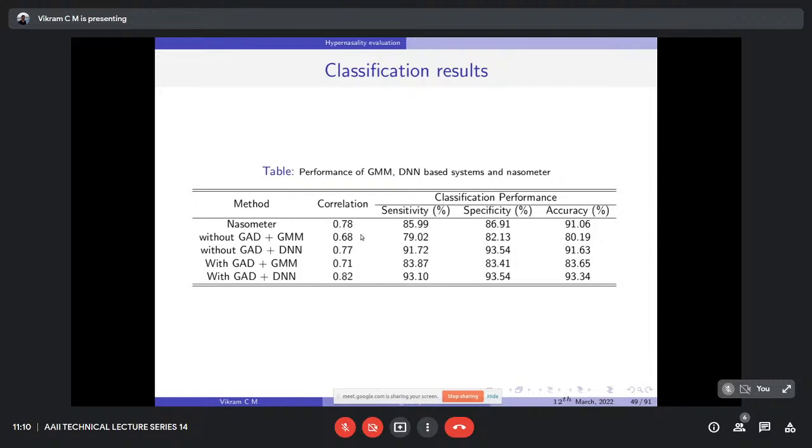One advantage we can see is that to use the nasometer, we need a clinician or an expert person to handle the equipment. Normal persons can't use the nasometer, but the speech-based system can be ported as a mobile application or any kind of portable device, so that it can be used by any person for the evaluation of hypernasality. So this is one highlight we can notice here.